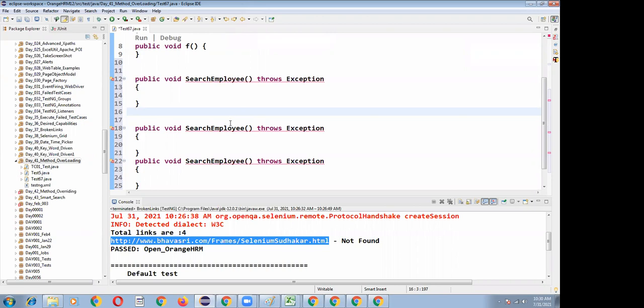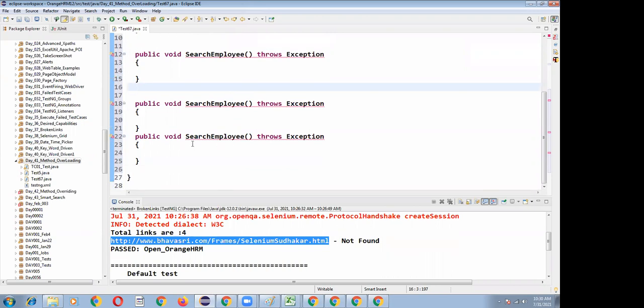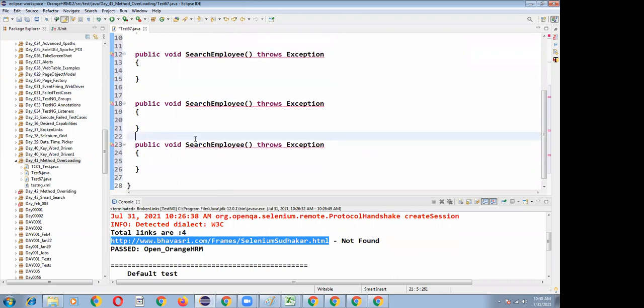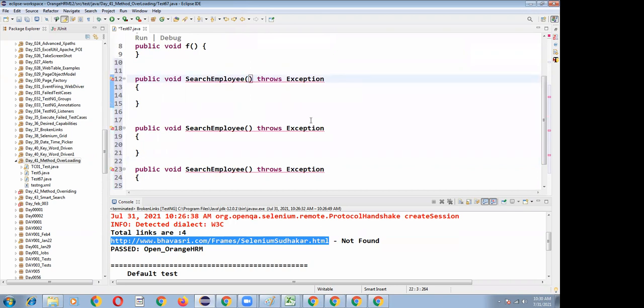But the concept of method overloading is that we can write the same method name multiple times. When can we write it? When the arguments are different.